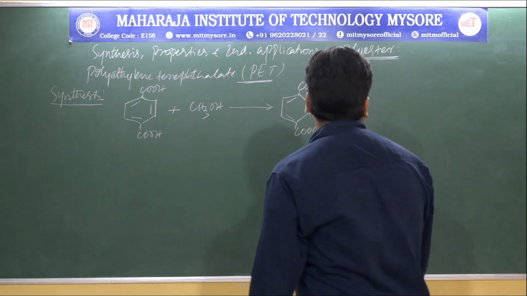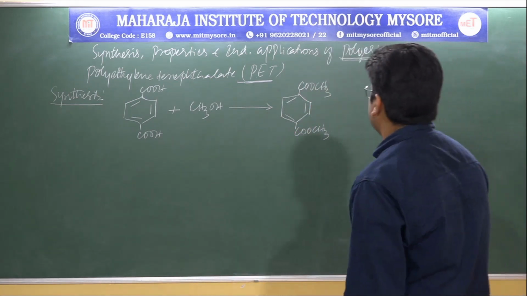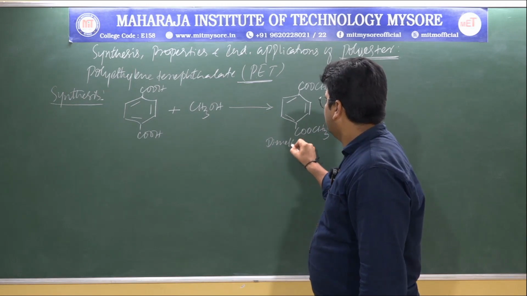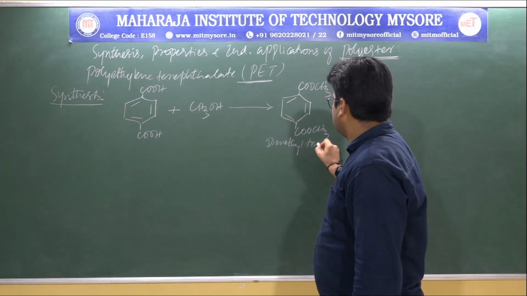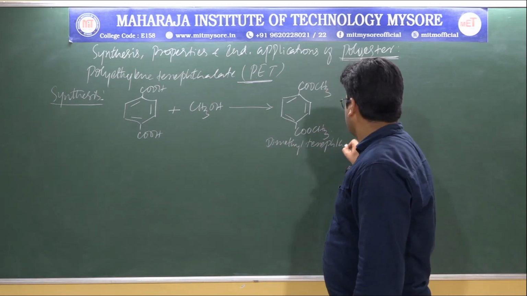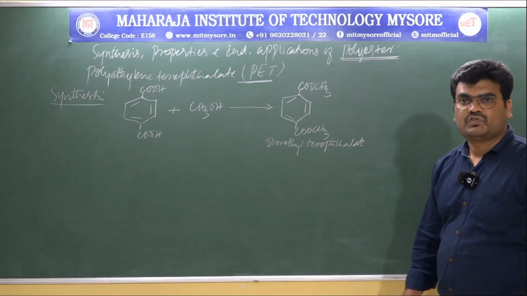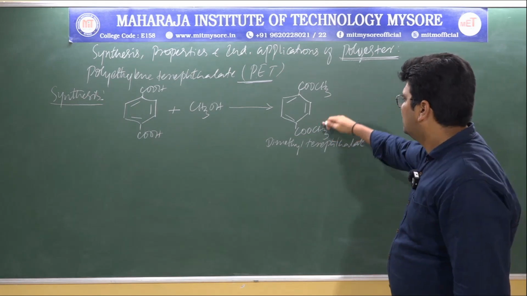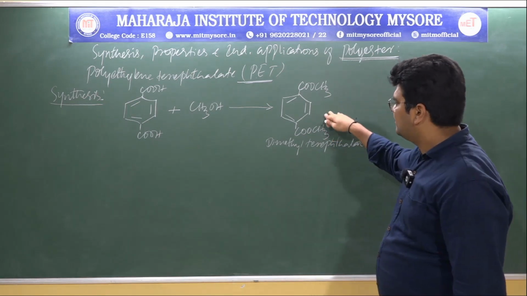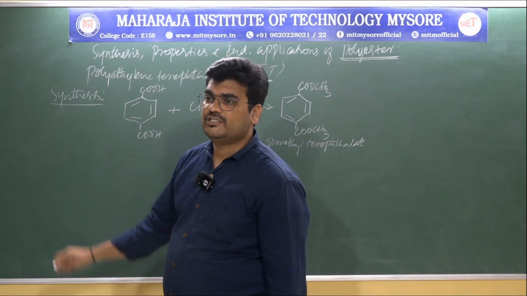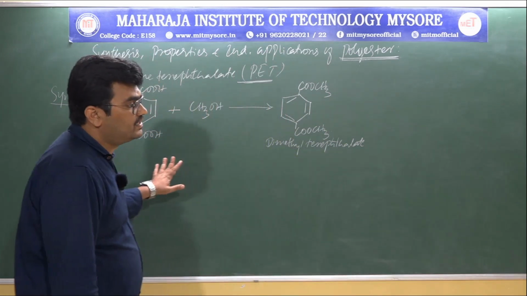So this is dimethyl terephthalate. So this is called dimethyl terephthalate, right? This we are going to get. Now this dimethyl terephthalate undergoes a reaction with ethylene glycol, so that we are going to get